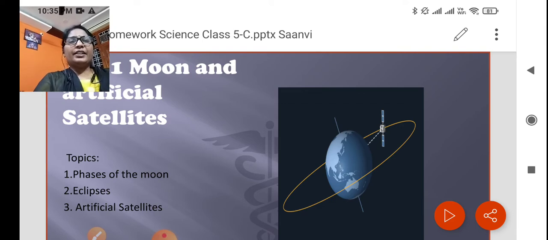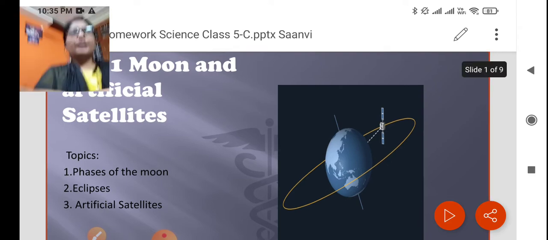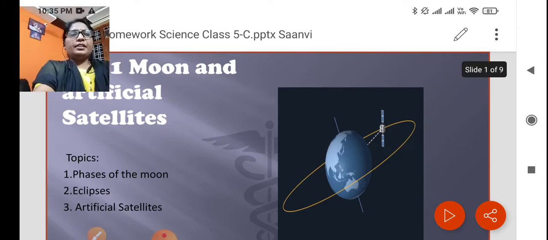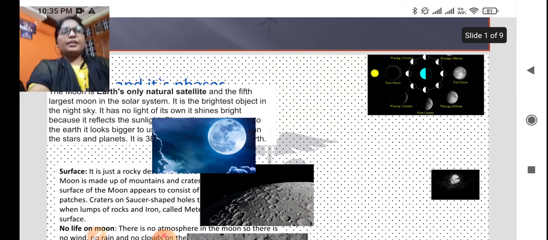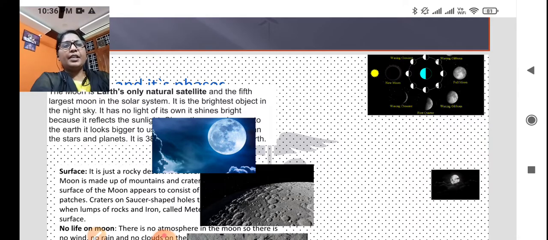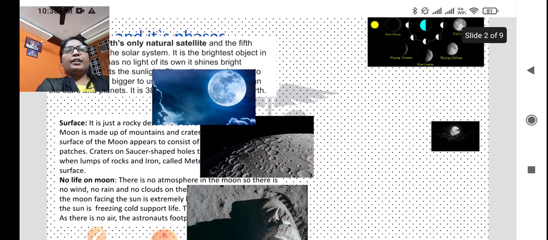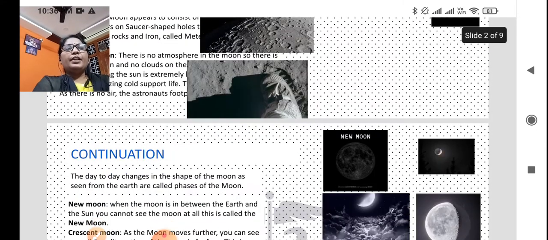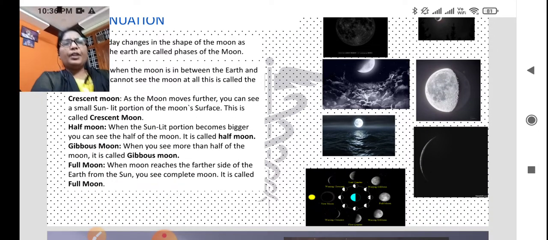Last class you learned about the moon and the surface of the moon, and how the moon changes its shape, which means the phases of the moon. You also learned what craters are, how these craters formed, and about gravity. In today's class, we are going to learn what happens when any object comes in the way